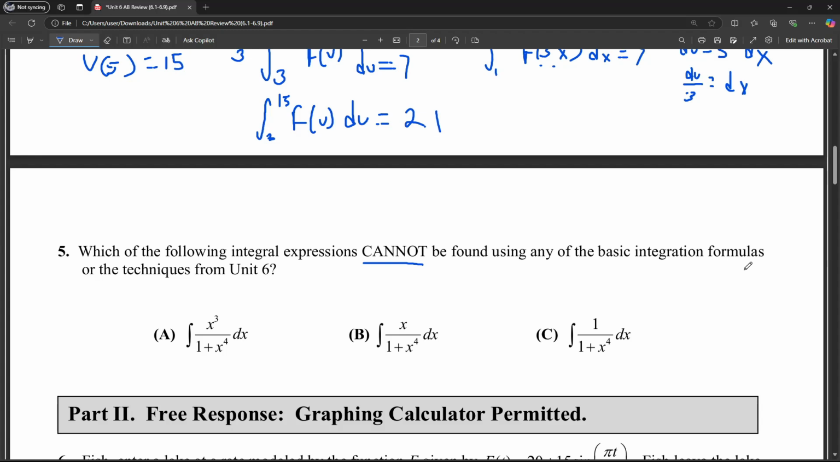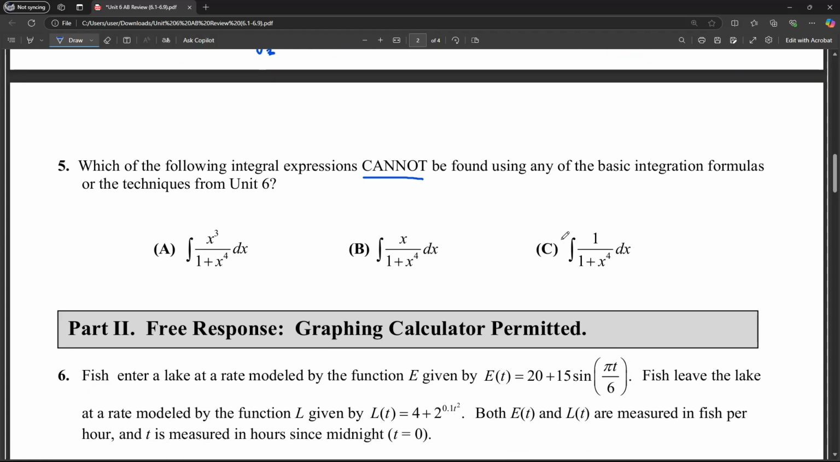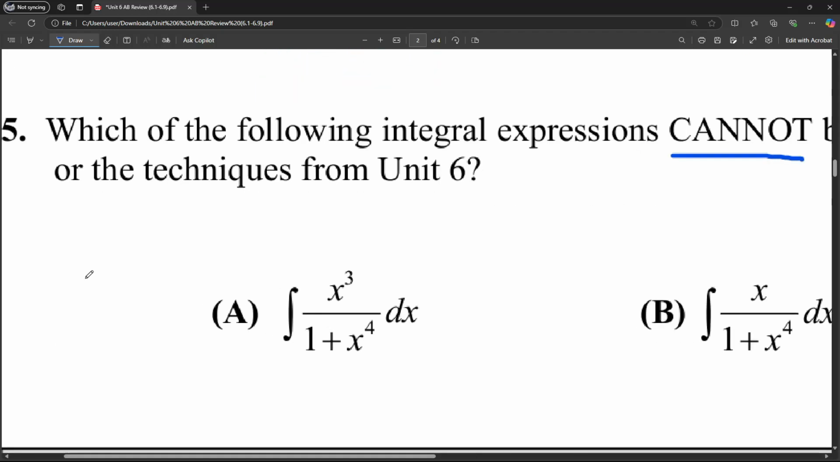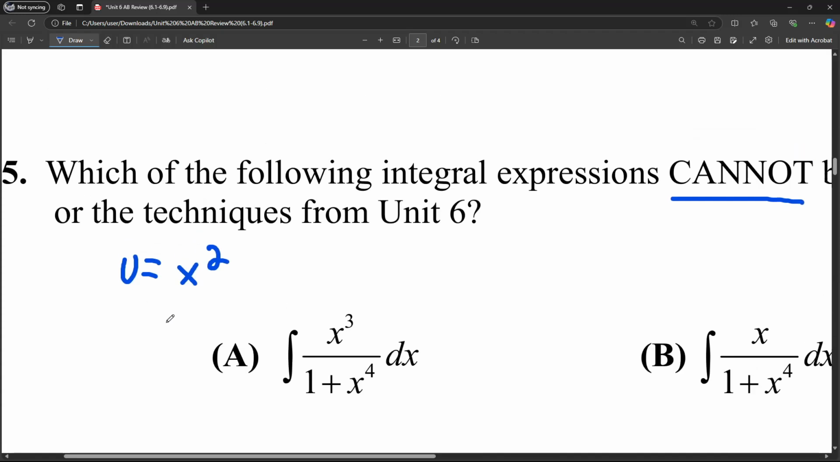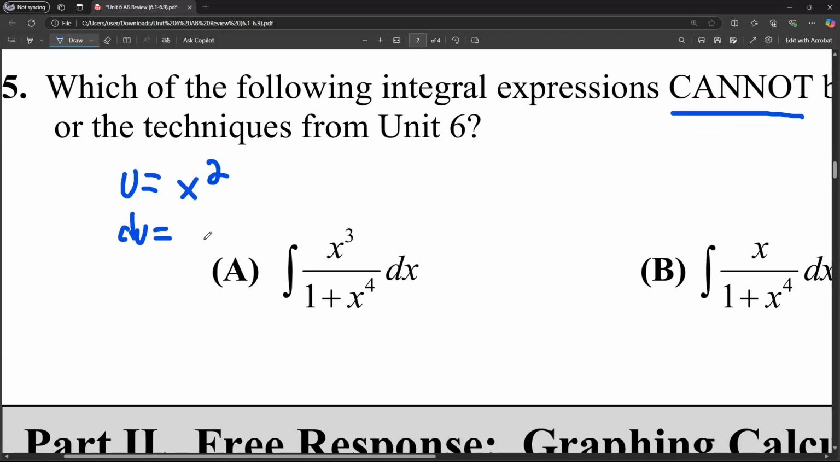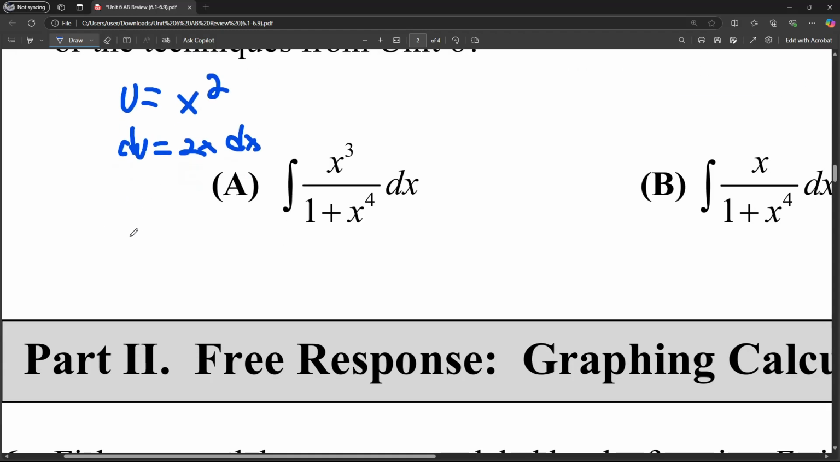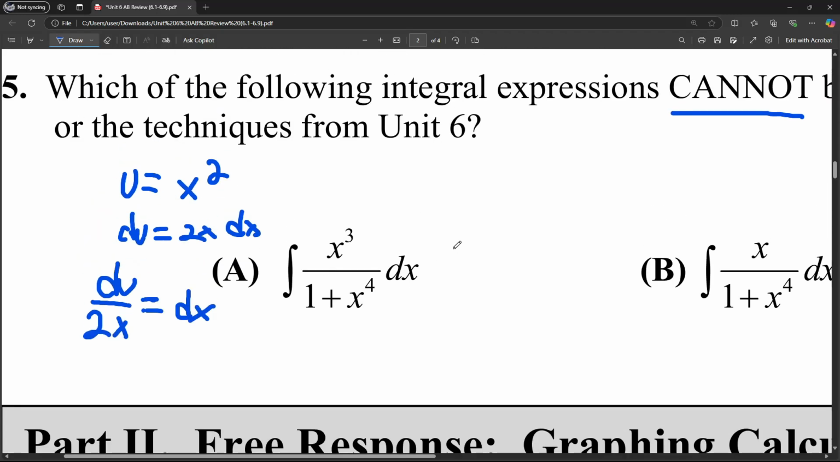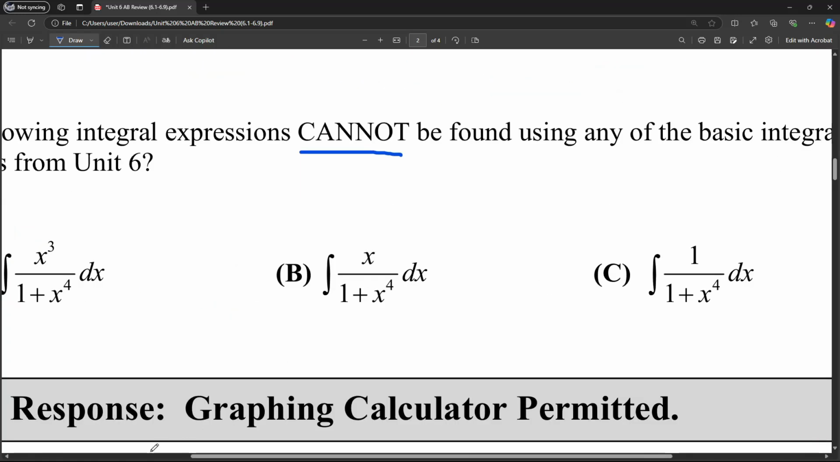Okay, so we got number 5, which says which of the following integrals can't be found using any of the basic integration formulas or techniques from unit 6. Okay, so we're just gonna solve each one, see if we can actually try and figure it out. So for A, I'll just write it right here. So we got u equals x squared, and then we have du equals 2x dx, and then you get du over 2x equals dx,